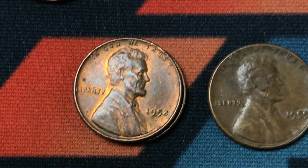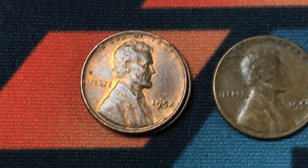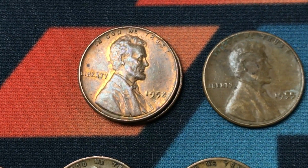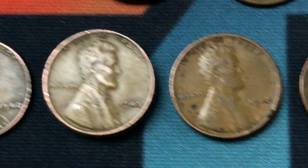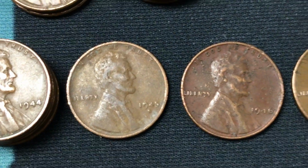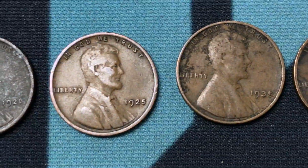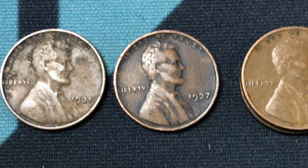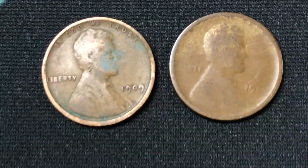I still have to get word if that's a mint mark that's interesting. I don't think it is, but it could be. I'll get some good magnification for you guys. And then there was just a kind of variety of relatively normal ones in the 40s as well. 42D and 45S were some of the mint marks, but we'd already found them. And then a ton of these pre-1940s, so 1920, 1925, 1935, 37, 2 38s, and a 39, and then a 1909,